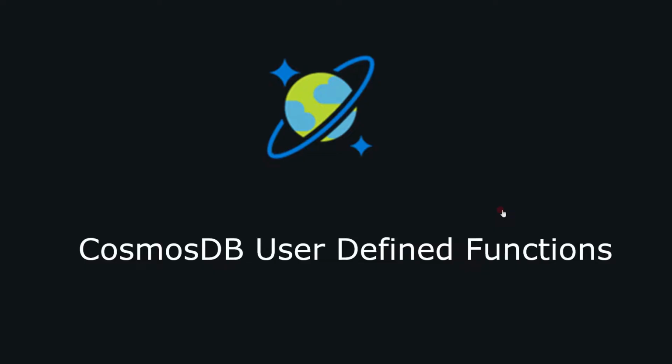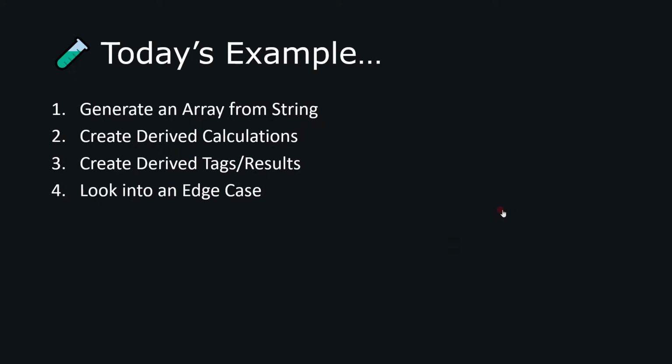Hello everyone, in today's presentation we'll be looking at CosmosDB user-defined functions, and today's examples will be generating an array from a string, creating a derived calculation, creating a derived tag or result, and then looking into an edge case. Hopefully from these 4 examples there might be something that you can glean that might help you with your user-defined